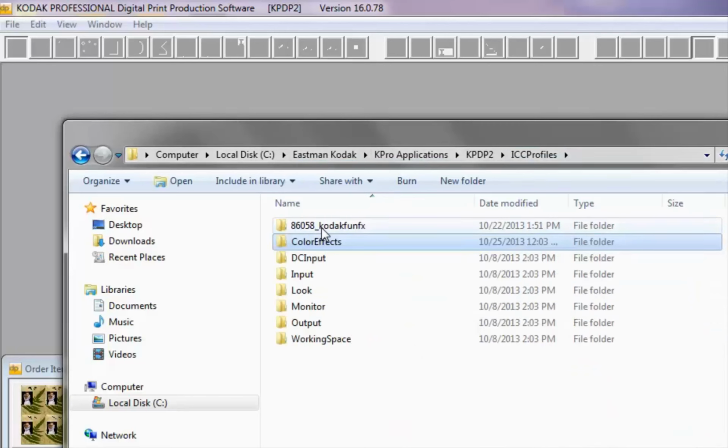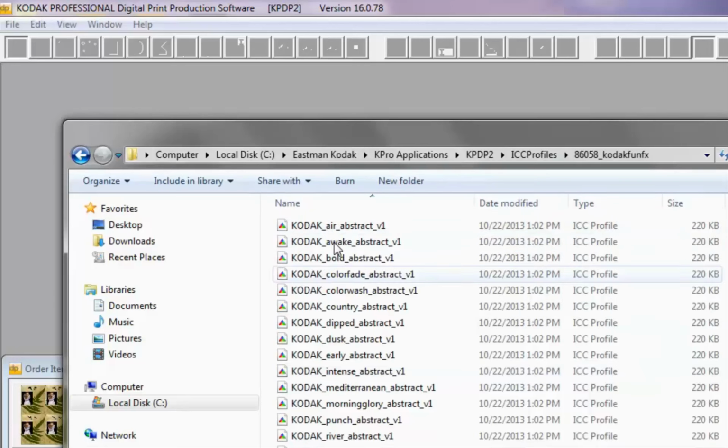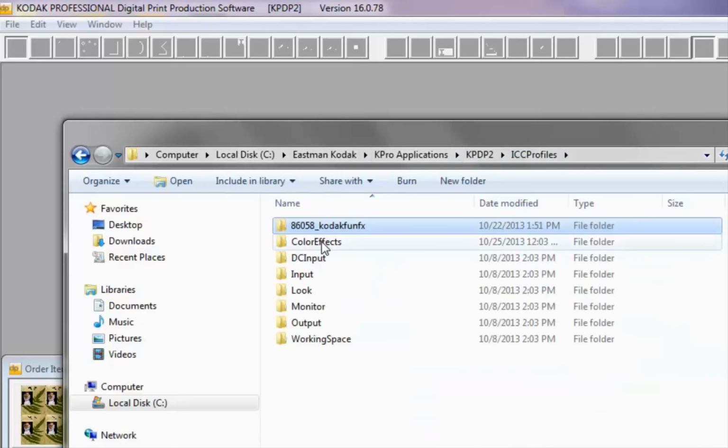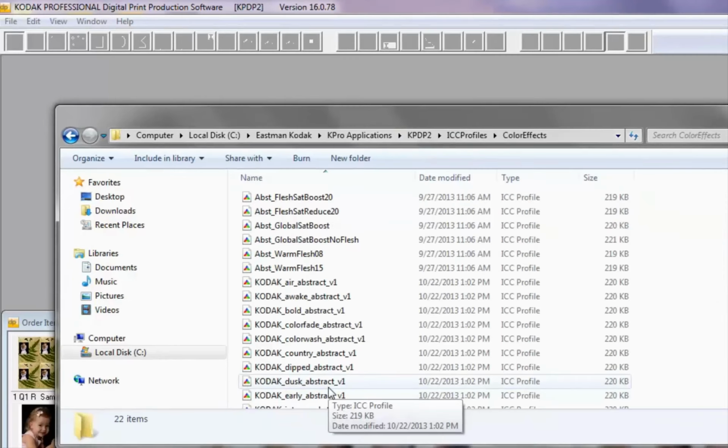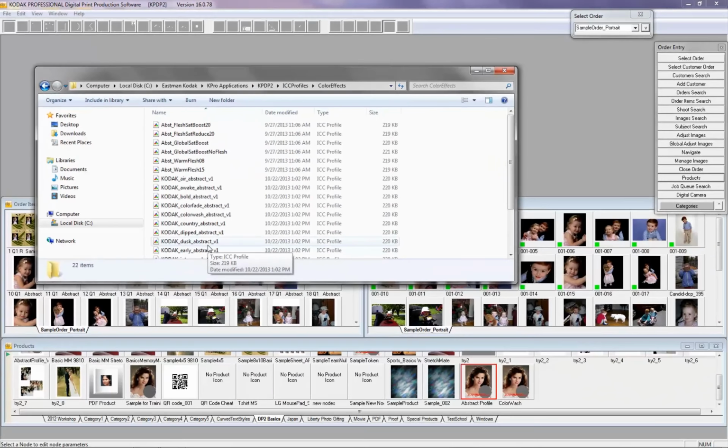There are 16 additional profiles that were made available for download off the PLRC, and they're in a folder in software and downloads that's called 86058 Codec Fun Effects. When I downloaded off the PLRC, just for efficiency, I copied and pasted them out of that folder and into the Color Effects folder in the ICC profiles, so that they would be available for me to load into the ICC profile data